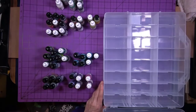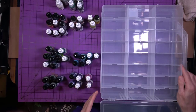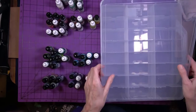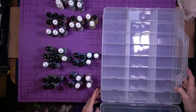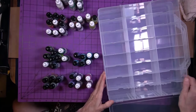I would like this to be a little bit sturdier. Just a little bit. Maybe that would change the dimensions just a little bit, but I would like it to be a little thicker, especially this part. So the way this opens, it opens just like this on both sides. Okay, and it comes with